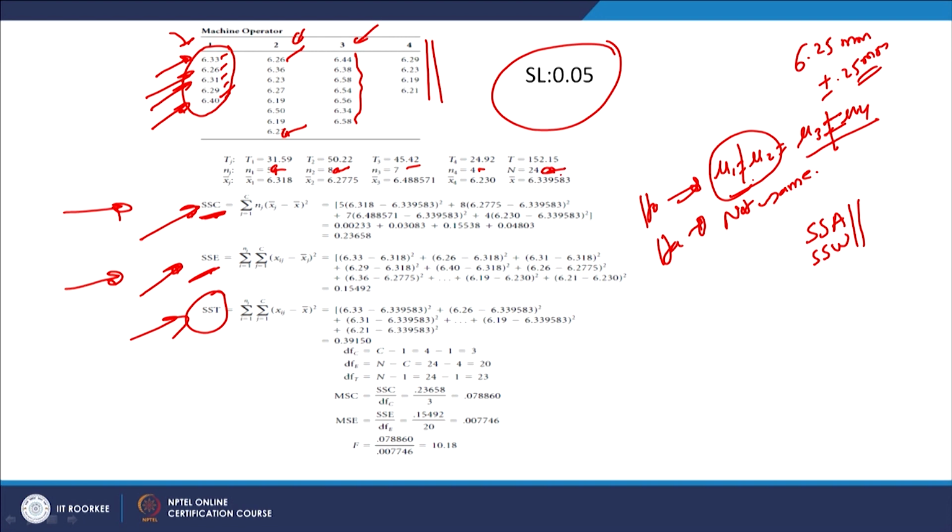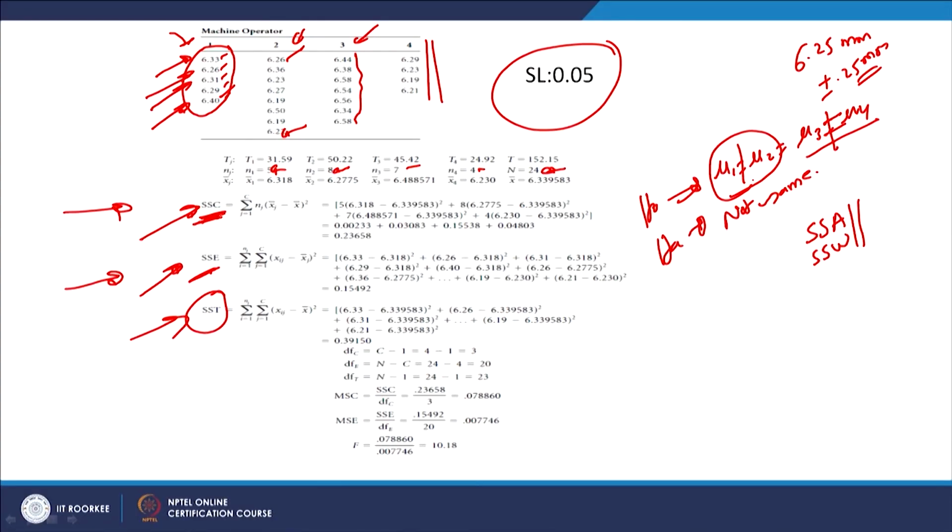First of all, you should find the mean of each of these samples, each of these columns, and then the grand mean. That can be calculated. Once you are done with the means and grand mean, calculate the column sum of squares, or among column sum of squares. It is one and the same thing; either you say SSA or SSC. Then when you apply this particular formula to all these values, we will get SSC as 0.23658.